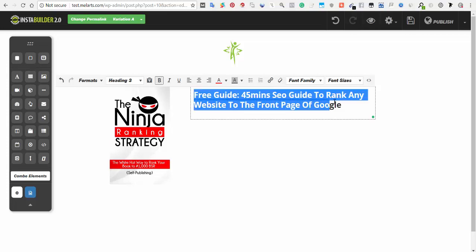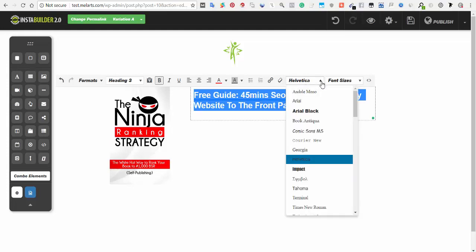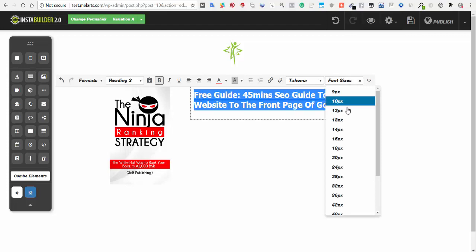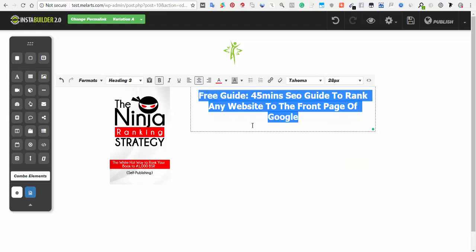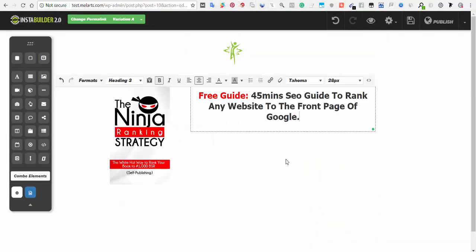We can decide to change the font. Okay, let's use Helvetica or Tahoma. Perfect. And we can still change the font size here to something. Okay. So we can still change the alignment also. So we have this is the subhead. Okay, this is the subhead, or the subtitle. So I'm going to type in something. Yeah. This works perfectly,